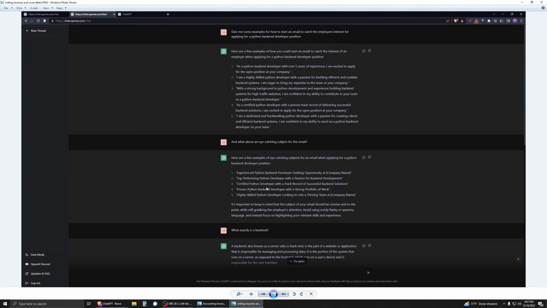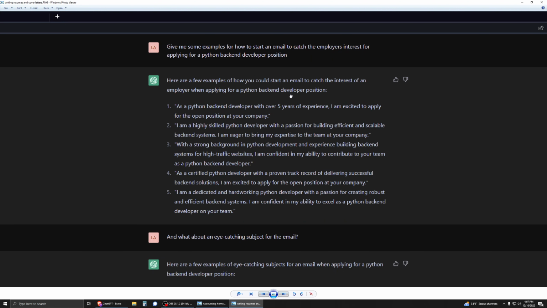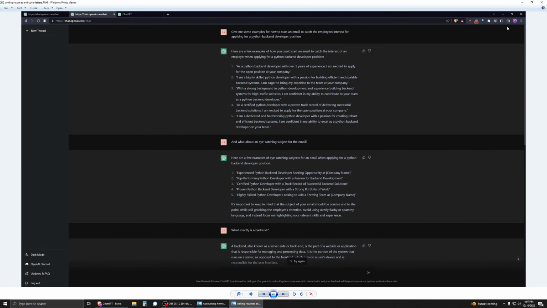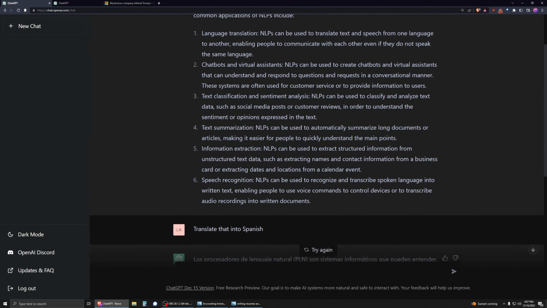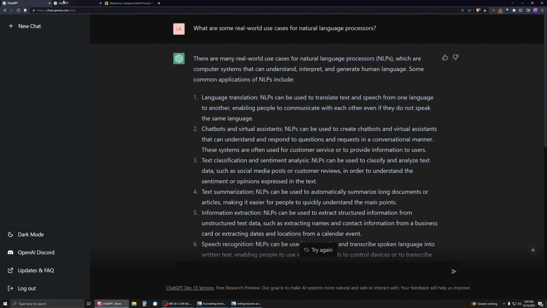And another thing that I've used it for is helping me write my resume and cover letter. And it's so good at writing, and it's good at writing for any style. This is more of a professional style, and it's very good at writing that. You could probably even use it to write a whole book, and it would be a good book because it's just that good of a writer, which makes sense because it's a language model. But yeah, that's pretty much it. I think that's all I had for you.